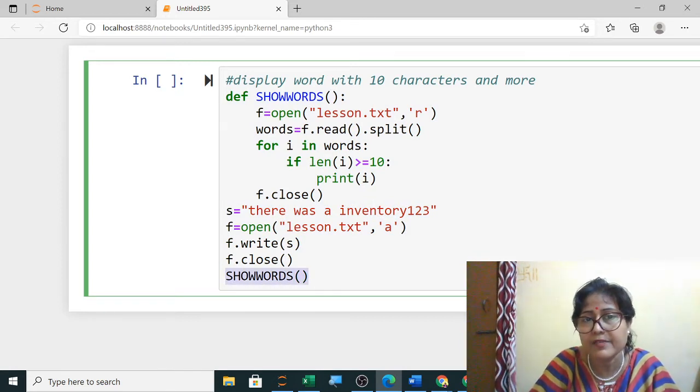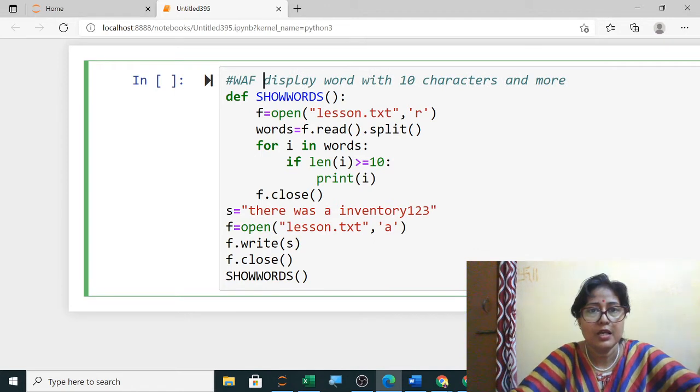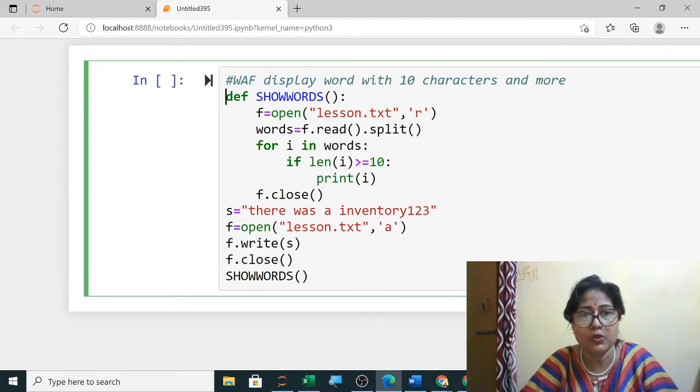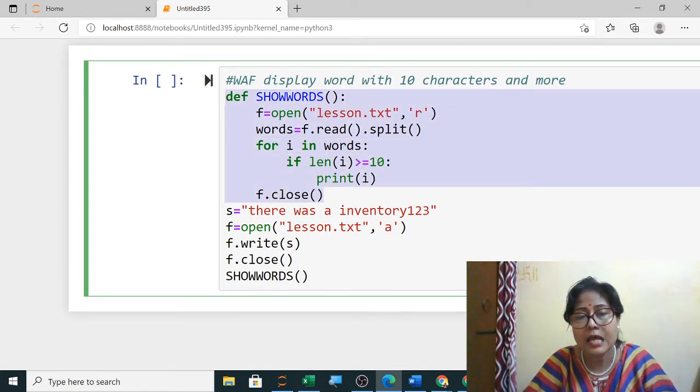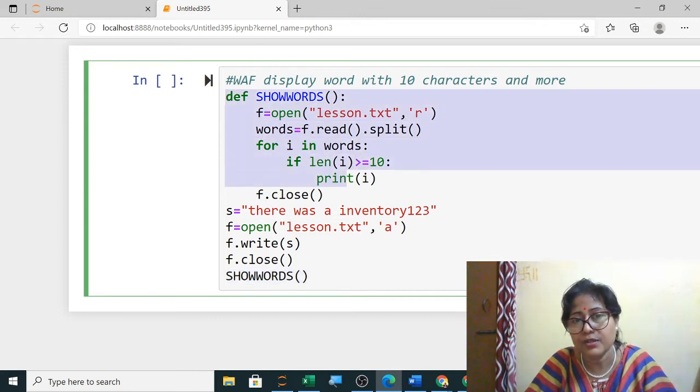In a sample paper I was seeing the question was write a function. Here in the question it was given write a function, and the students have written only this function, and they have given 1 mark for calling also. In the marking scheme they have given. So better after writing the function you call also and execute.